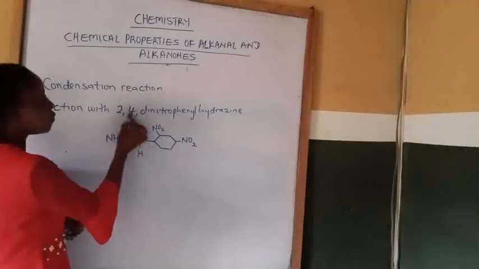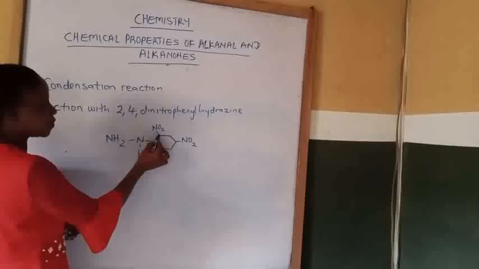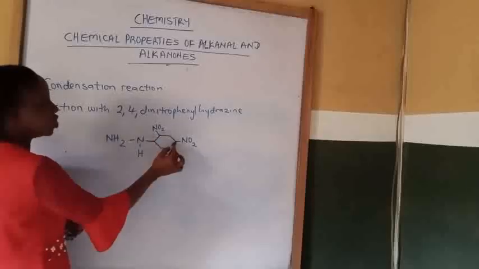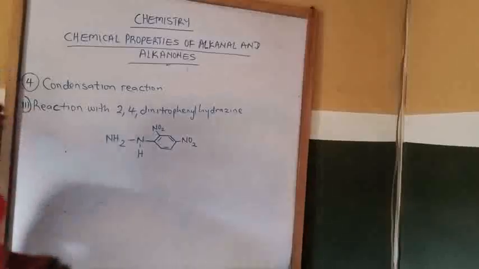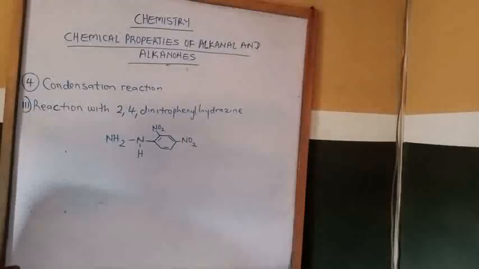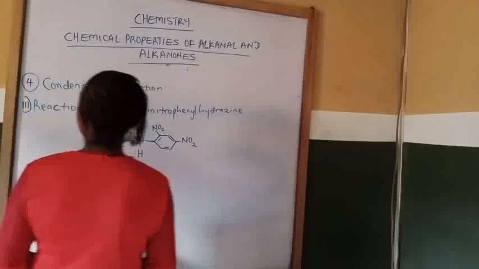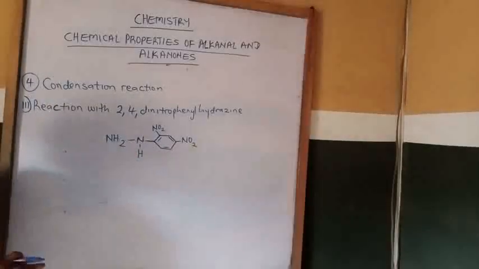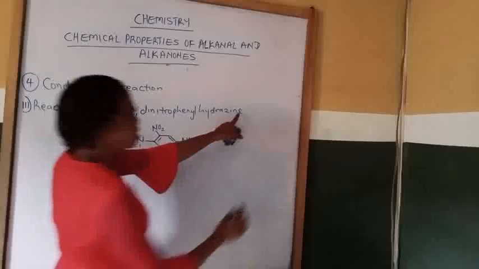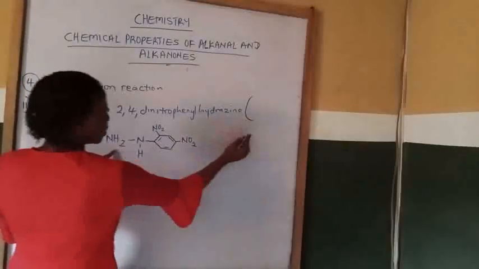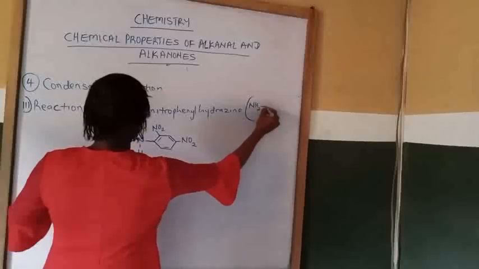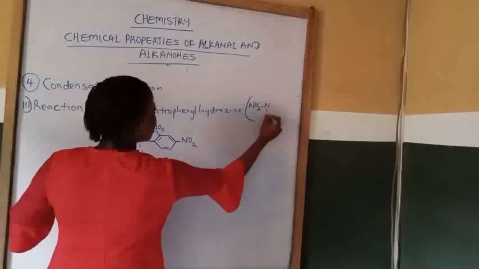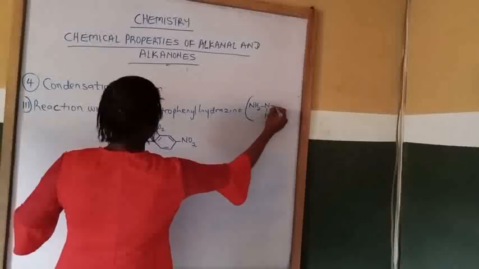Then the 2,4-dinitro, the first nitro is on the second carbon atom. The second nitro is on the fourth carbon atom. So this is the structure of 2,4-dinitrovinyl hydrazine. So we are going to take reaction between alkanal and 2,4-dinitrovinyl hydrazine. So let me bring the formula for 2,4-dinitrovinyl hydrazine to this side. That's NH2, NH with